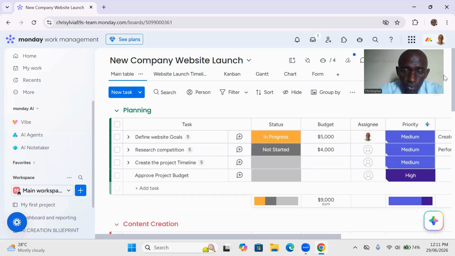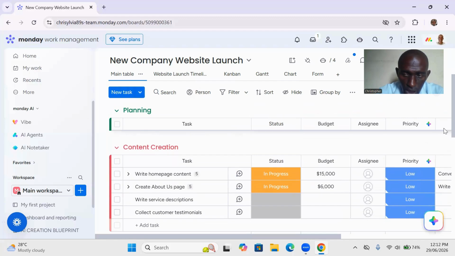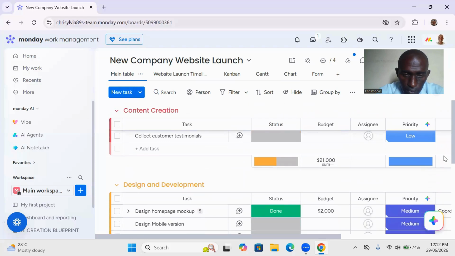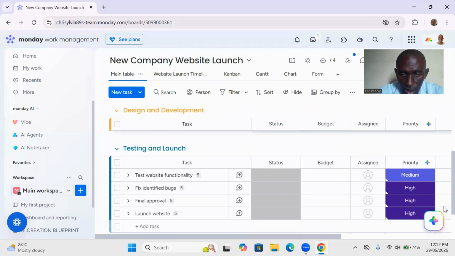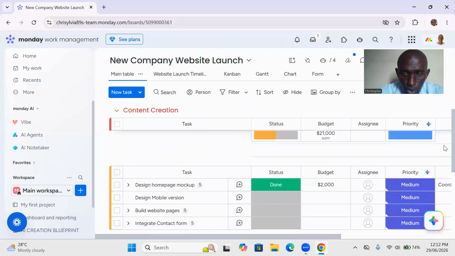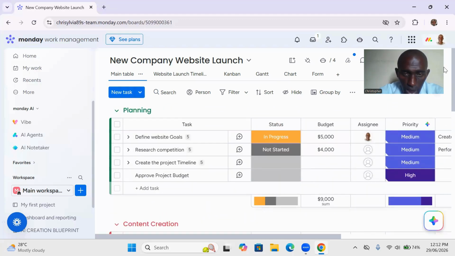We've created this board, and we've created different groups in the project. There are 4 groups in this project. We have the planning stage, we have the content creation stage, and if you go down, you'll see the design and development stage, and finally the testing and the launch. So these are the 4 groups we have on this project, and in each group we have